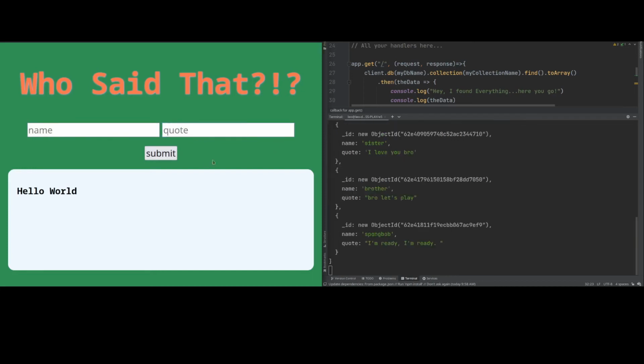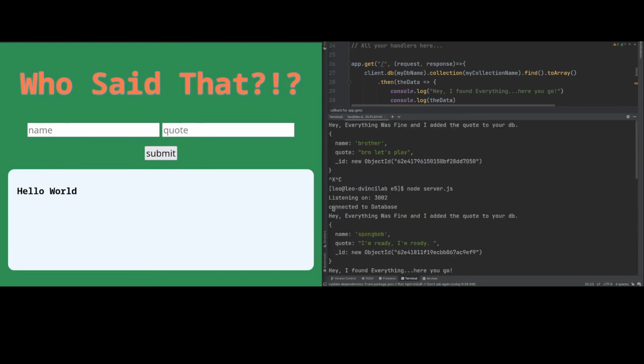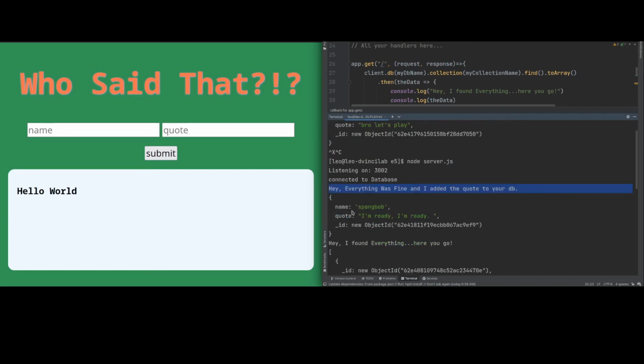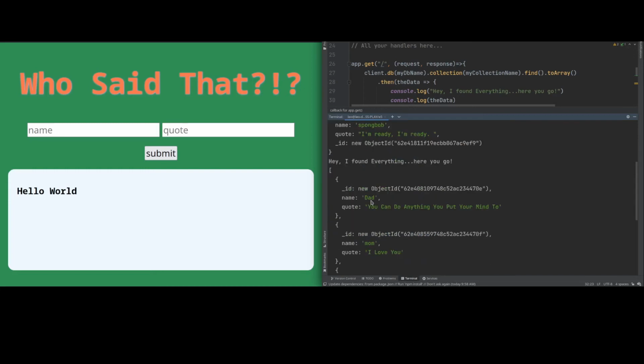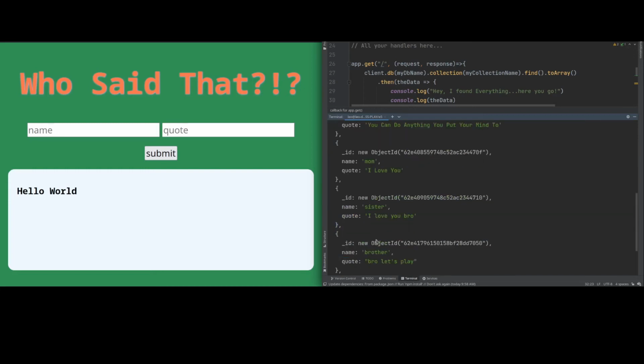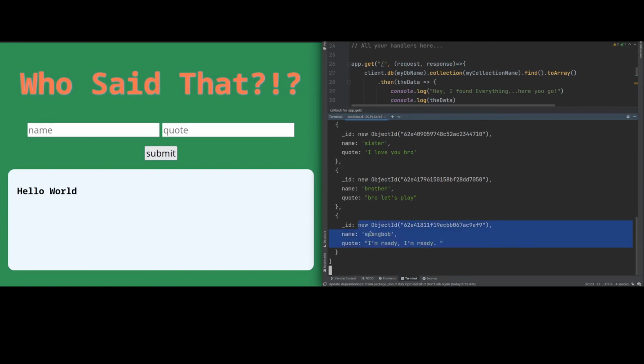Submit that. And it says, first of all, SpongeBob, hey, everything was fine. I added the quote to your database. Okay, here's what he added. SpongeBob, I'm ready. Then it said, hey, I found everything, here you go. And then it tells me everything that it found, including the SpongeBob, I'm ready. Cool. So now that shows us that